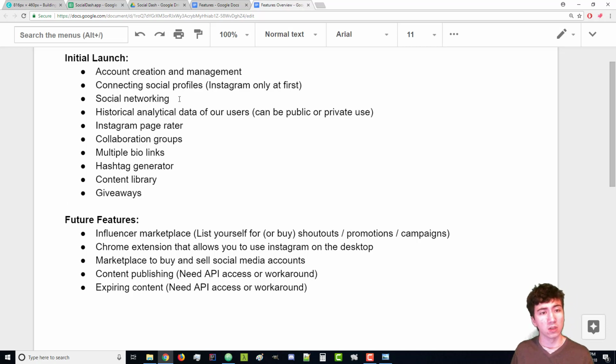So then we have social networking. So this is not at all going to be like its own social media platform or anything like that. This just means that we're going to be able to view each other's profiles, which will have maybe some links to their actual social media accounts, maybe some websites, some more information about them, and then also you'll be able to private message them. So just be able to communicate with other people on here, because one of the goals of this is to help influencers grow, and one of the ways to do that is to connect and collaborate with other influencers. So being able to message and reach out to other influencers is one thing I definitely need to include.